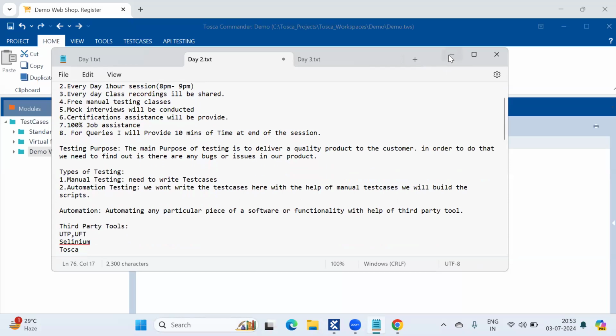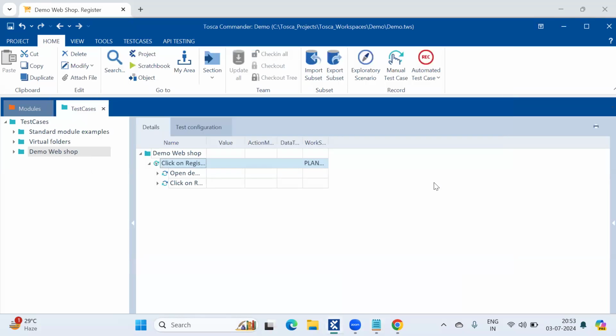Ma'am, are you going to conduct a live project as well on Tosca? Yes. The live project, in the sense that if you go to any other company, the application will be different. Only the application will be different. In every company, they won't work on the same application.